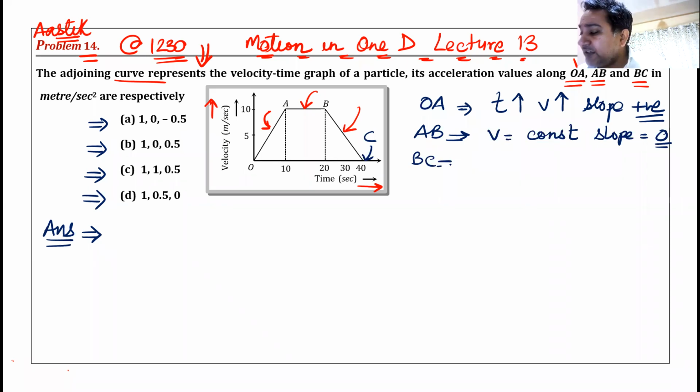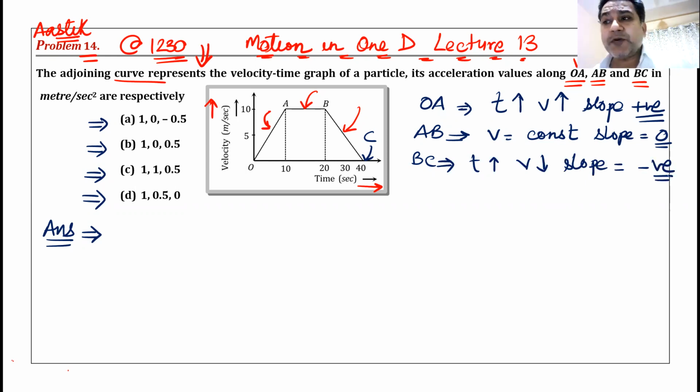From B to C, as you can see, as time increases, velocity decreases, and hence the slope of this graph has to be negative. Am I clear, all of you? Are you getting me? Slope of this graph is negative. Anyone, everyone getting me? Can I have some raised hands? Tarun, Tanu, Sai, Preeti, Janvi, Ramchandra, Abhiram. Do we understand this?